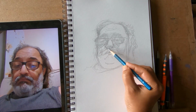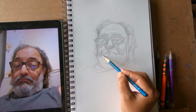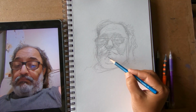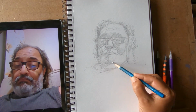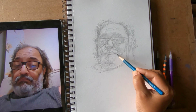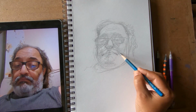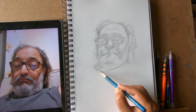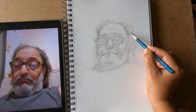And then there is a very dark area. We are looking at only one tone right now, so there seems to be some light here, and there is a shadow here. This continues like this. There is a darkness here. There is a darkness here. And this continues till here. And of course, you will notice that this very nice